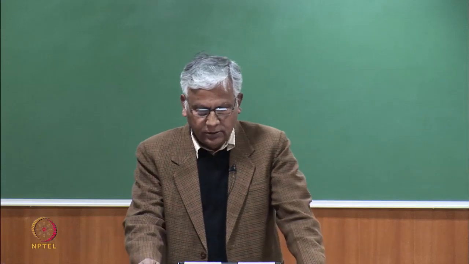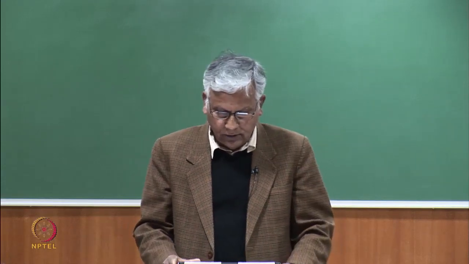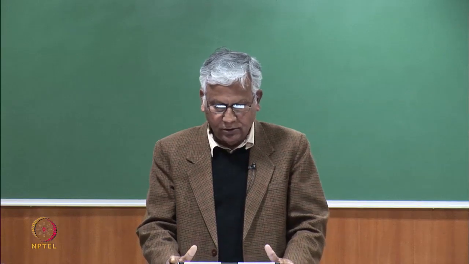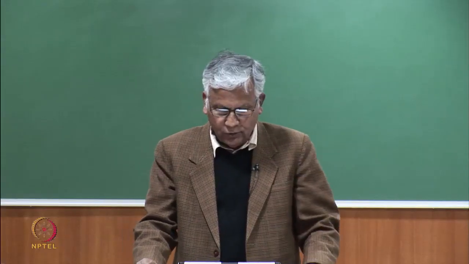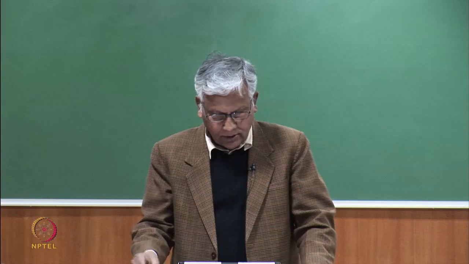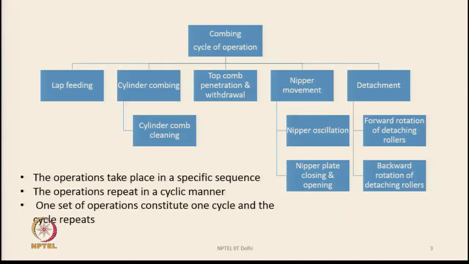Here there are certain operations in the machine which are performed in a cyclic manner. Let us see which are those operations. If you look at this slide, then we see that the cycle of operation consists of quite a few sub operations, and these are lap feeding, cylinder combing, top comb penetration and withdrawal, nipper movement, and detachment, that is detachment